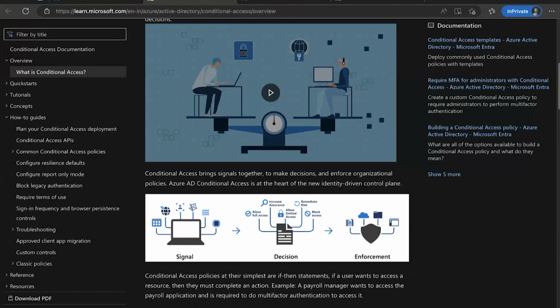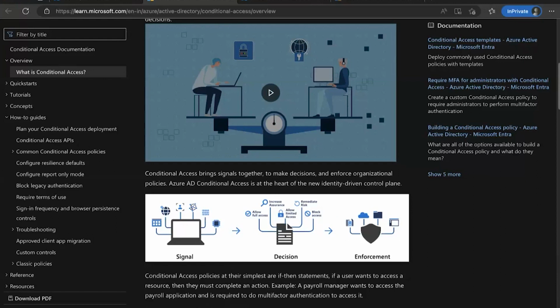Based on these factors, it can decide whether to block your access, allow you access, or allow you access once you do things like multi-factor authentication, or it will force you that if you want to log in from this location, first you need to change your password. So signals help you take decisions, and then it will help you enforce those decisions and give you the access.